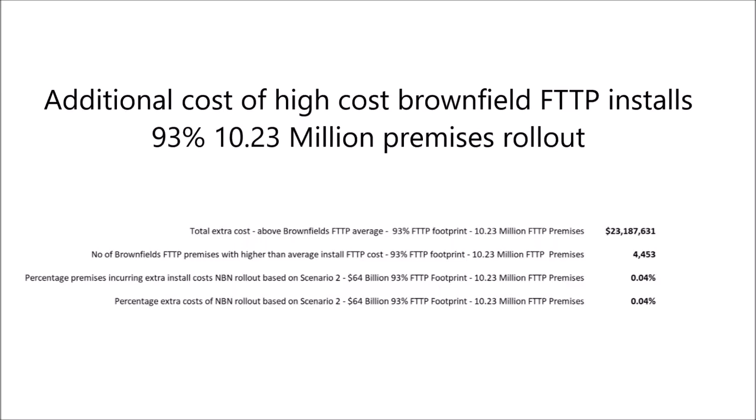I then thought, okay, these high cost above average brownfield FTTP installs must surely increase the claimed average FTTP brownfields install cost of $4,400 by hundreds, if not $1,000 or so. Actually, it's about $2.30 across a 10.23 million FTTP rollout scenario. So, in other words, yes, there are a very small, tiny number of very expensive FTTP installs and a very few moderately expensive installs, but based on this analysis and the assumptions I've detailed at the end of this video,